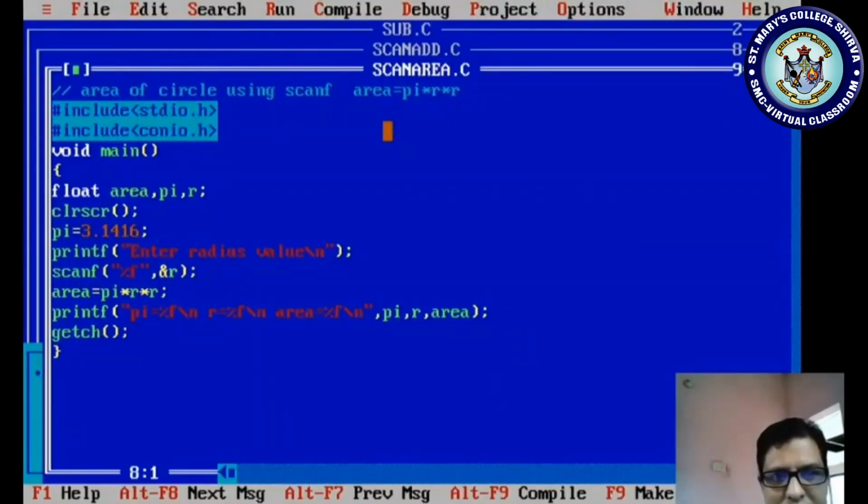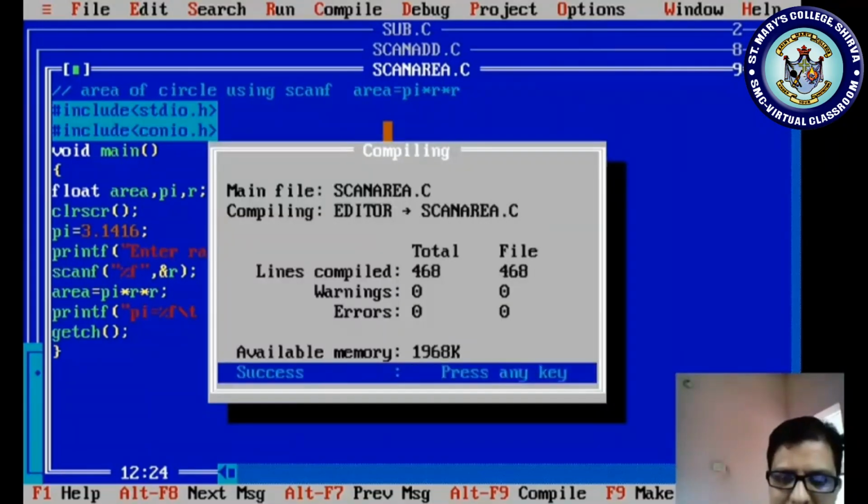For avoiding this, let me check in printf. Instead of \n, let me use \t. I'm using lf, and here it is \t. Save it, compile it, and run it. Now enter the same value 3.2.